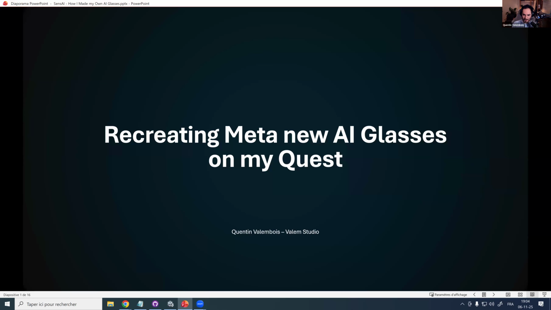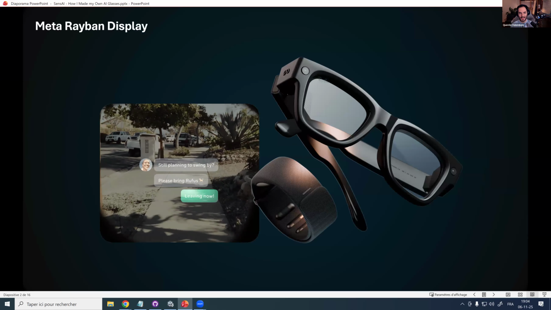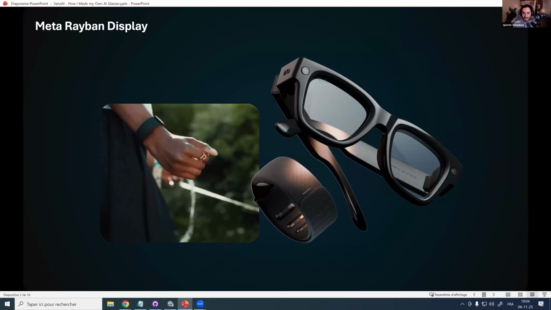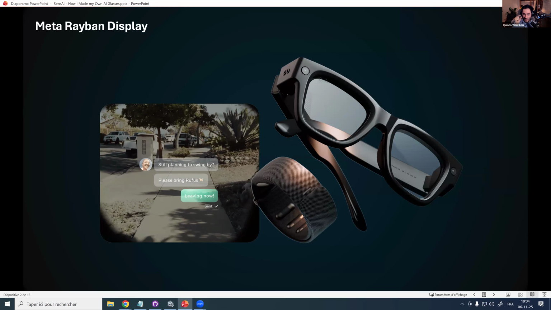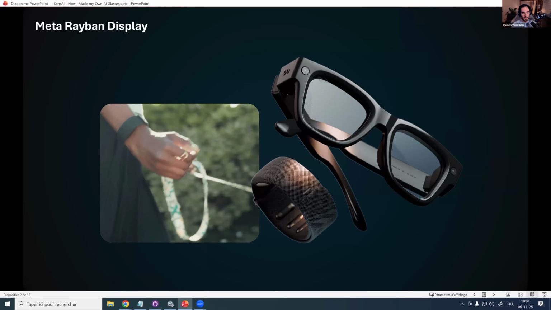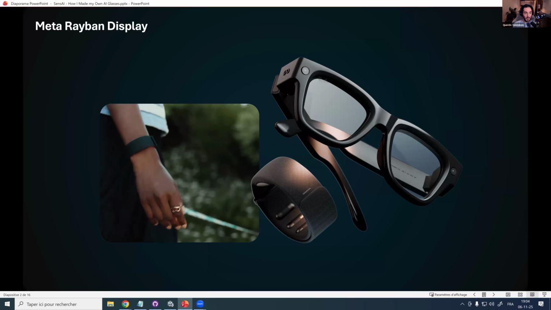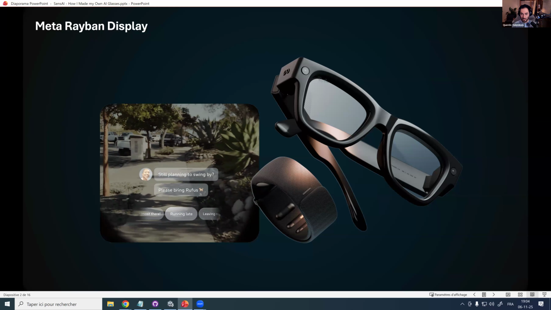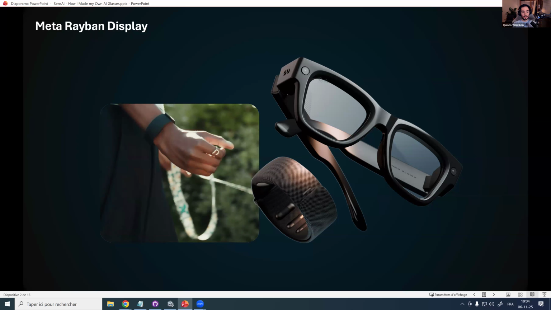But first, if we are recreating Meta's new AI glasses, what are these glasses? Of course, these were announced at Connect. This is the new, exciting tool that Meta has announced. These are basically Meta Ray-Bans, but with a tiny screen that allows you to display some elements in front of your eye, like an audio player or a message, and everything you can control with